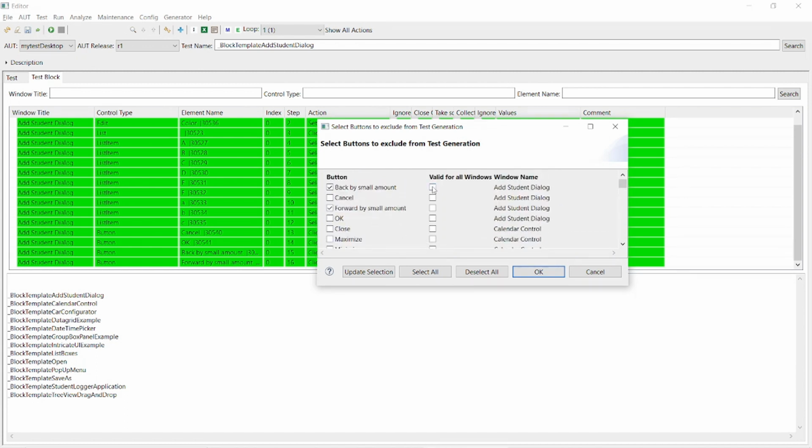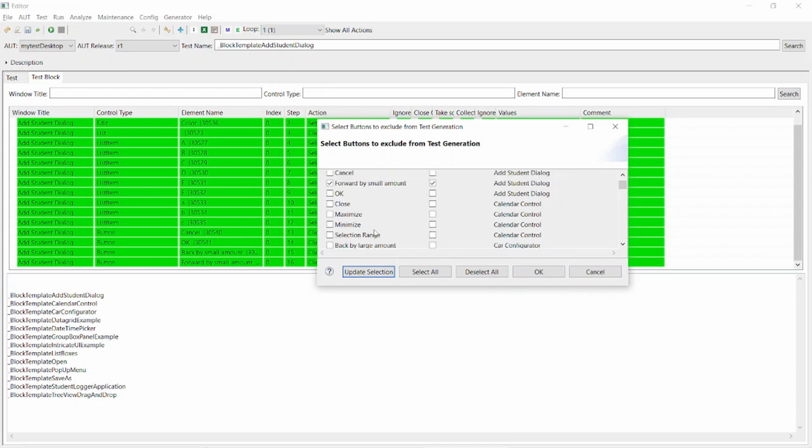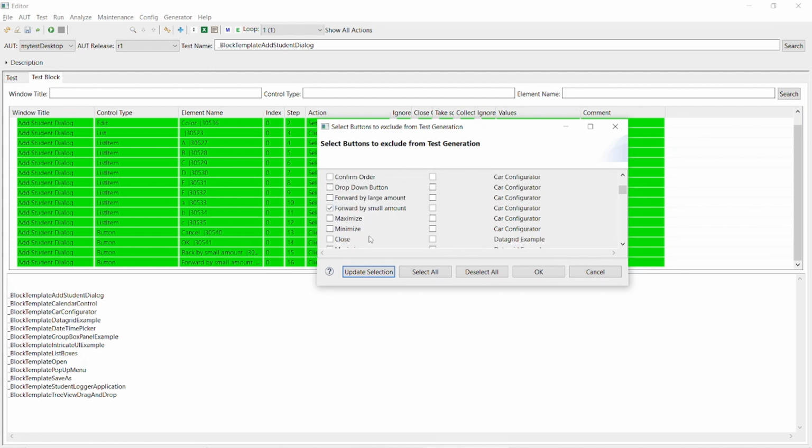That's why, for this reason, you can just check this, and this means it's valid for all windows. And if you now update the selection, then you will see they are all marked. You see here it's marked, here it's marked, and so on. So we just say OK,